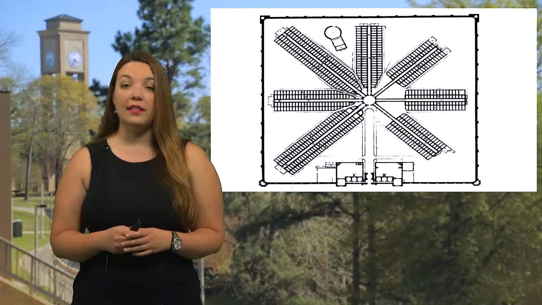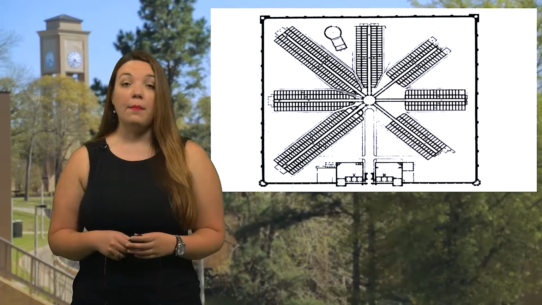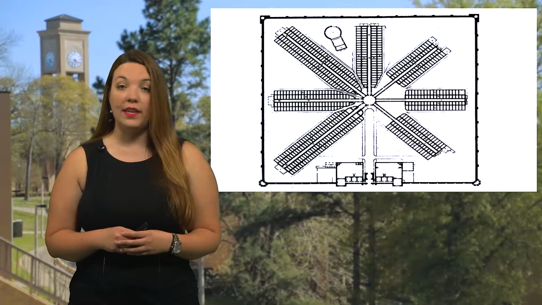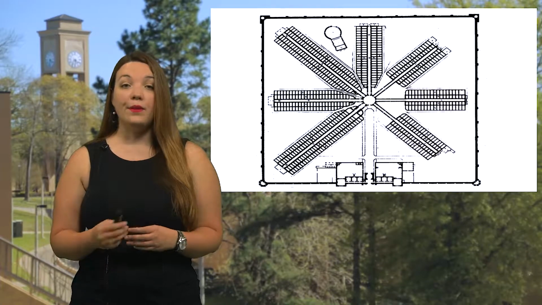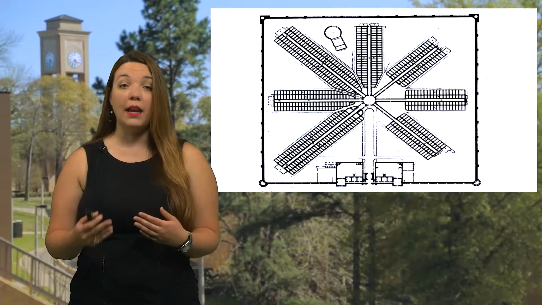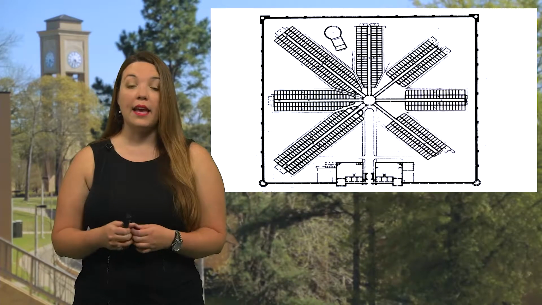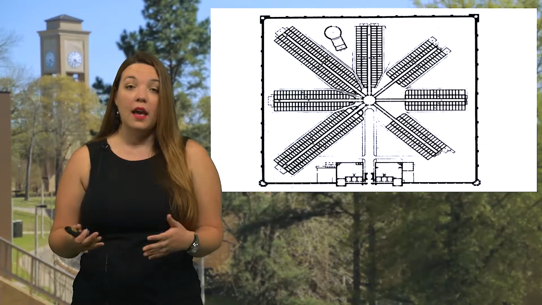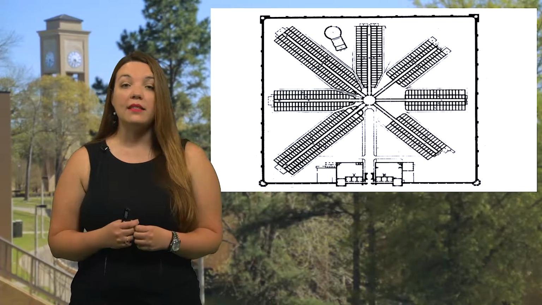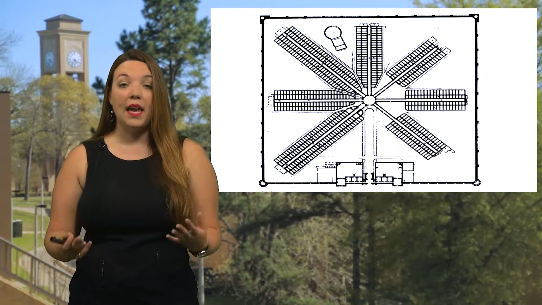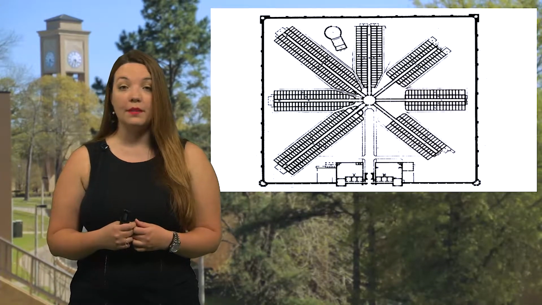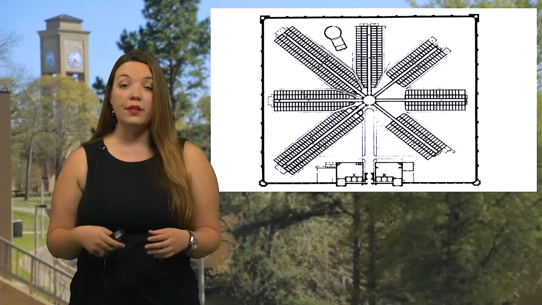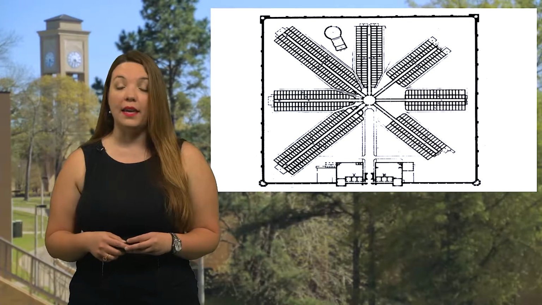Each of these small cells shows an individual cell, meaning that each prisoner got their own space. There were no double or triple cells like we see in modern prisons today. If you think back to the corrections class, you might remember how sparse these cells were. They had just a small cot-like bed, a small bathroom area, and that was about it. The purpose of the cell was for the inmate to live in solitary confinement and to be penitent regarding their crimes. In essence, they're not too different from a prison cell today, but modern prisoners are allowed to keep personal items with them in their cells.